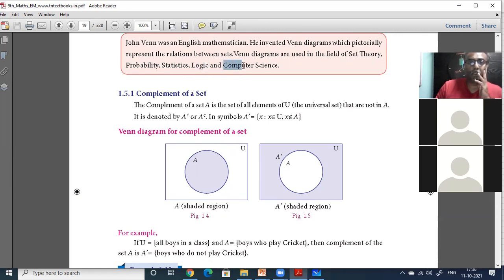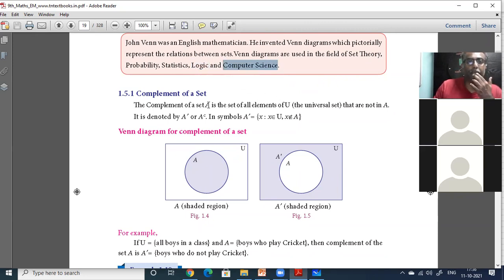Logic you won't do in your 12th standard, only if you take philosophy after +2. If you take philosophy, then you will have a course on logic inside it. Otherwise, logic is a very advanced thing, usually you don't do it. People think engineering or medicine is an advanced class. No, medicine and engineering are not advanced classes. Philosophy, for example, is a very tough and very advanced form of learning.